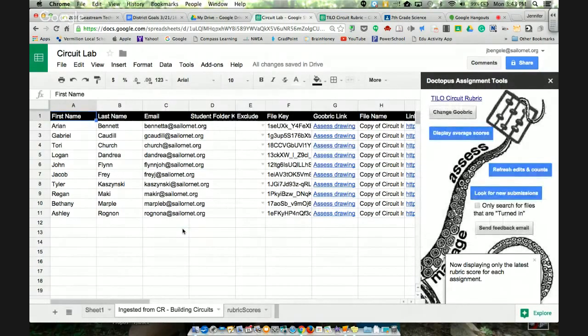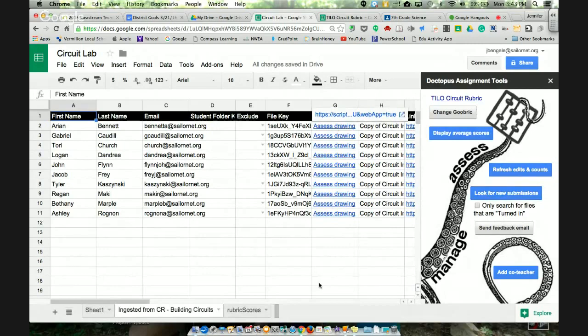Okay. Now you see that there is an additional column here in my Google Sheet